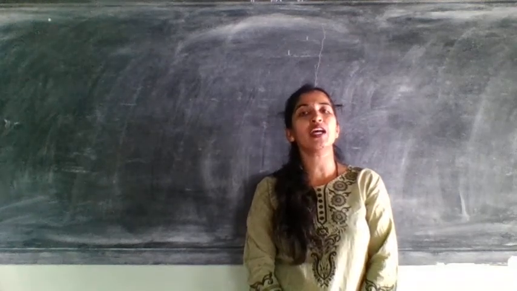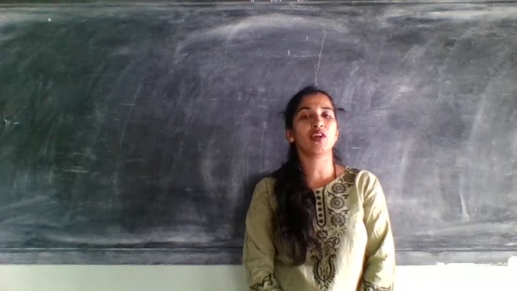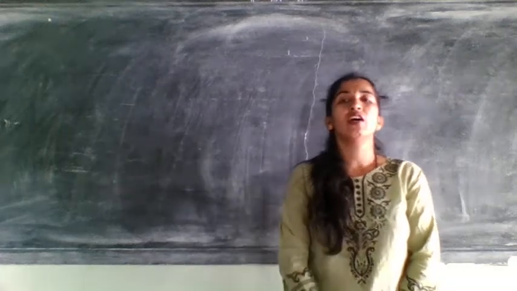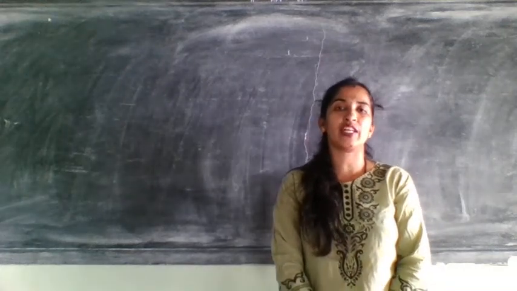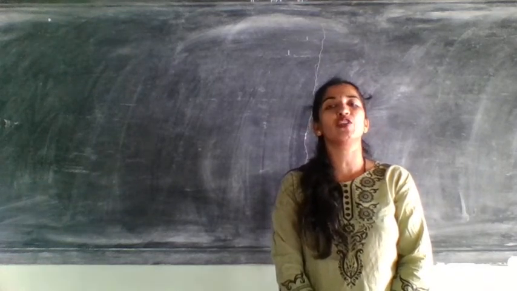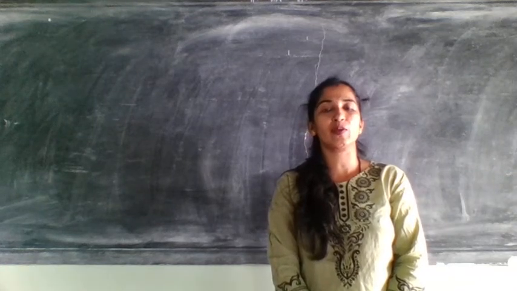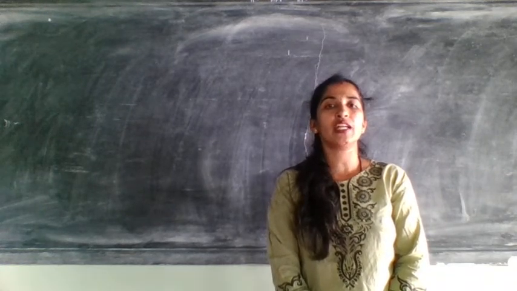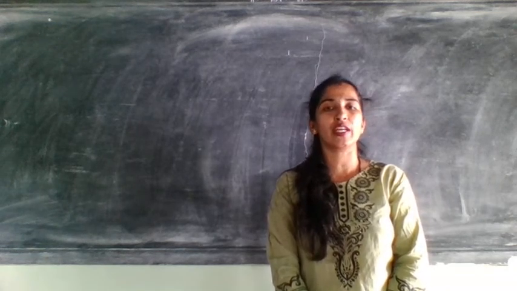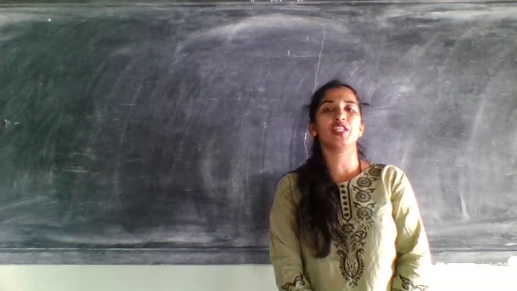If they ask you to find out the new profit sharing ratio, we have already learnt the calculation of new profit sharing ratio, so you need to apply that here. But if you do it like that, it will take much time and more steps, and it is difficult for us to allot the marks. So that's why they give the new profit sharing ratio directly.